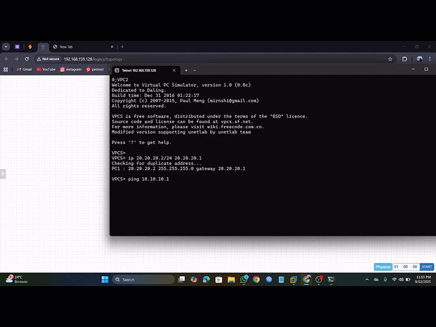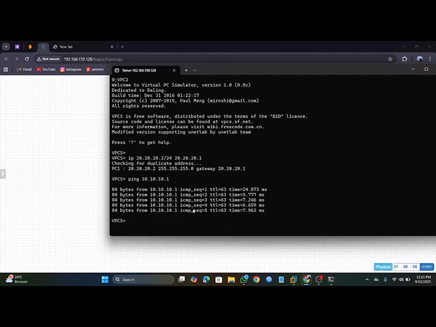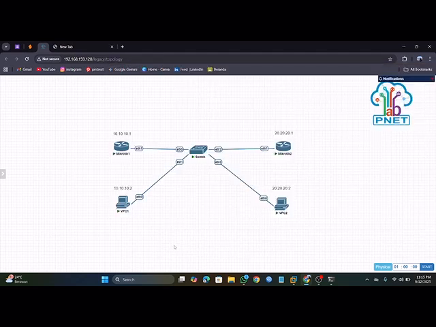And then enter. Okay, this is successful. Next, static routing configuration.